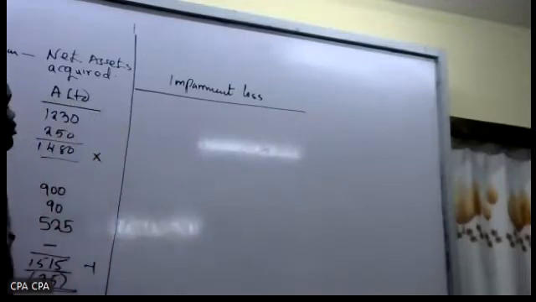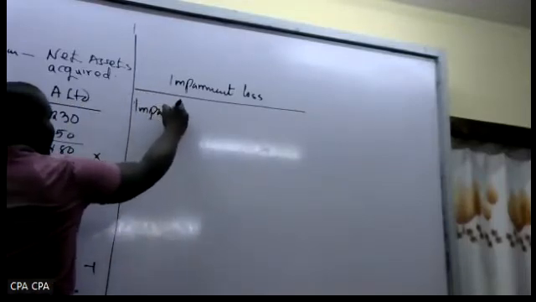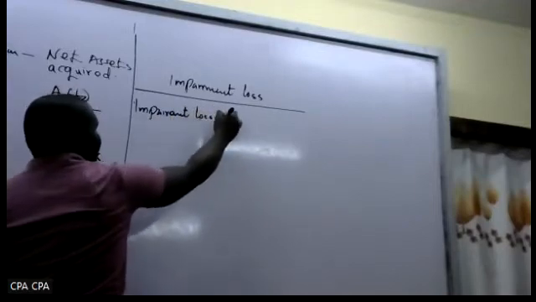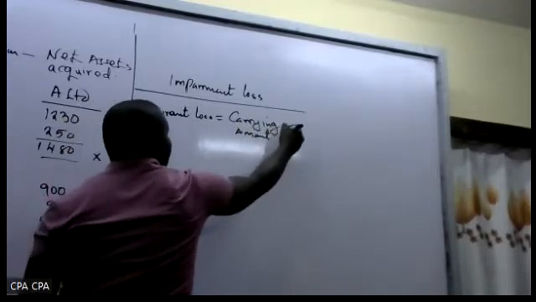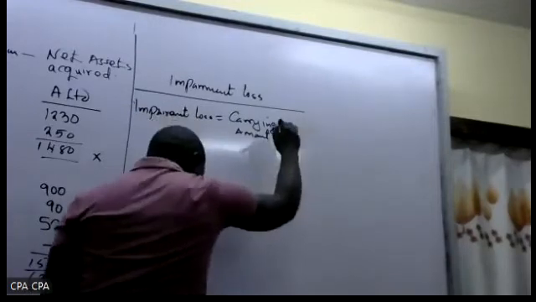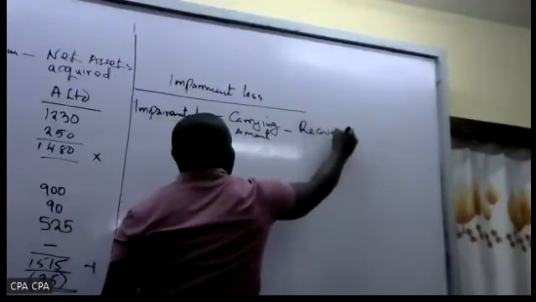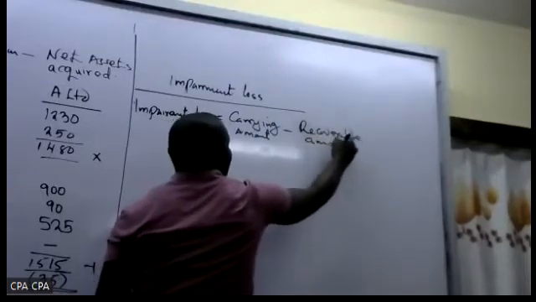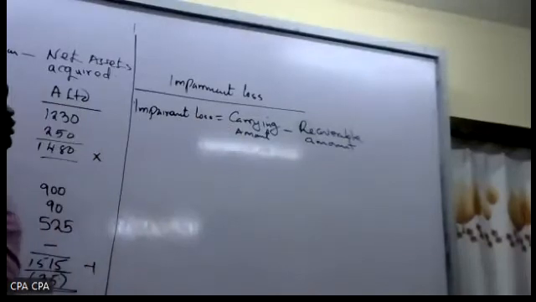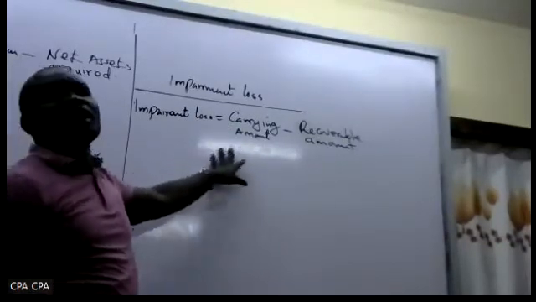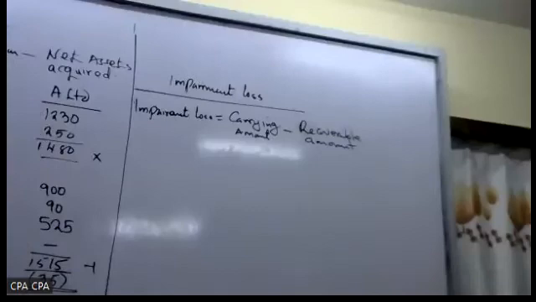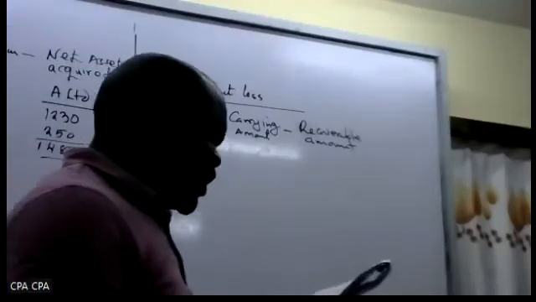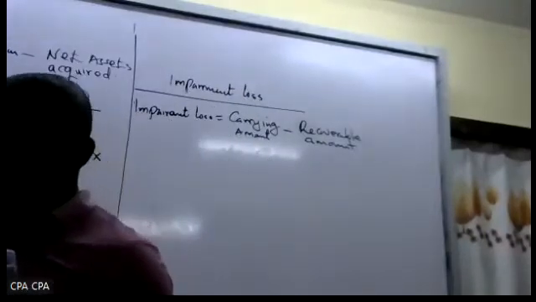So how do you calculate impairment? An asset is impaired when the carrying amount of the asset is more than the recoverable amount. Book value, you have recorded 50, but the best you can get from that asset is 30. It means the asset has lost value. So the examiner gave us in note number 3, not number 4, the recoverable amount of the net